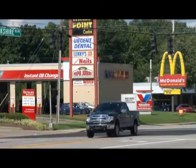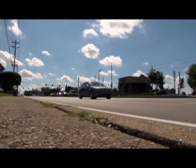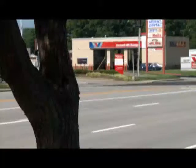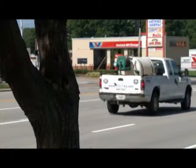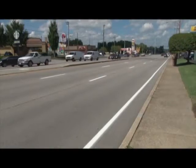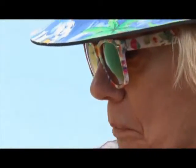You've probably been through this busy intersection of Hikes Point, where Browns Lane and Hunsinger meet Taylorsville Road. Fast food and shopping malls line the way. Good morning, how are you today? As drivers whiz by, everyone's on their way somewhere. It's not the place you'd expect to hear stretching my comfort zone or find